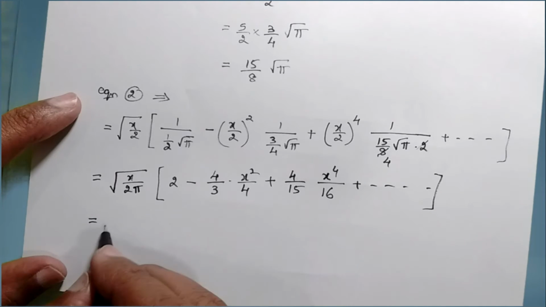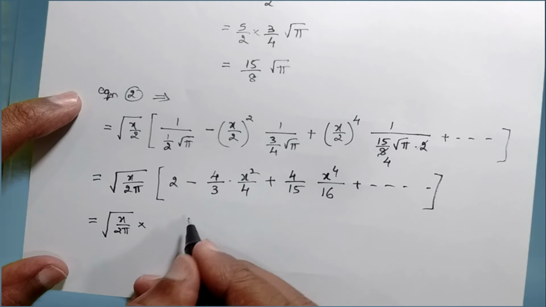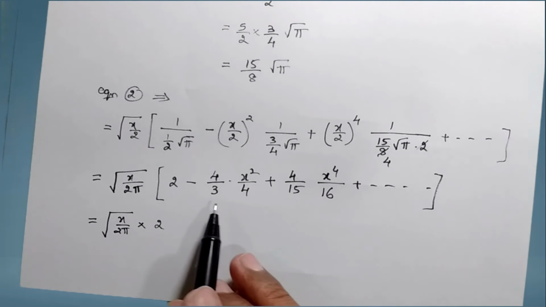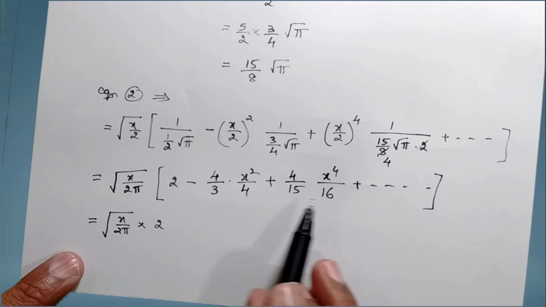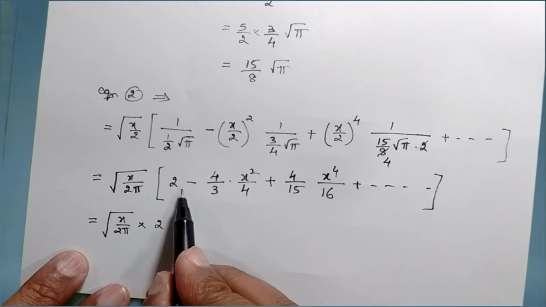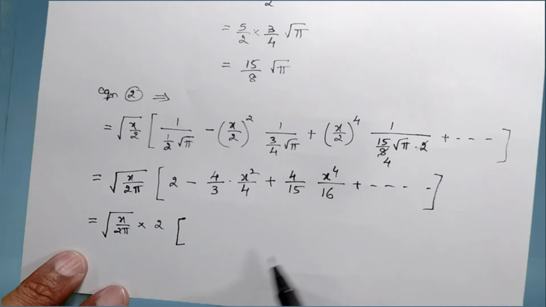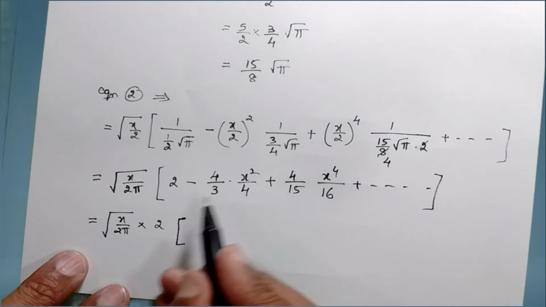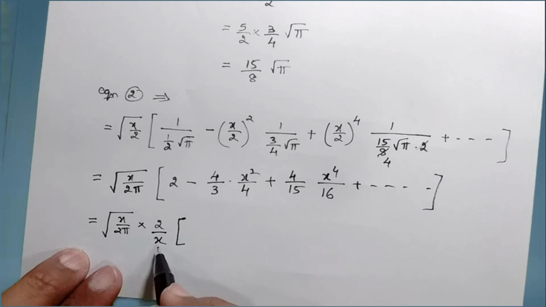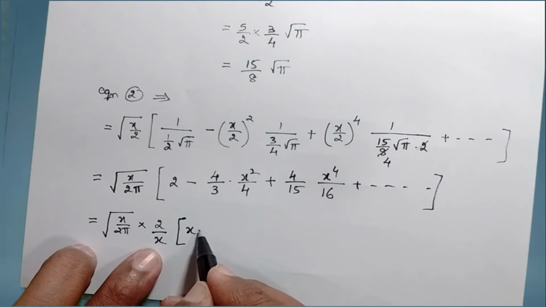Alright, so if I take 2 common, I will be getting x by 2 times of pi. So I am taking 2 common. Or if I take 2 common outside, I have to get some standard series over here. So let us try to see whether we will get standard series or not. We will be getting 1 minus x square plus x power of 4. So we will not be getting the standard series. So I will even take the value of x outside, or divide by x. So divide by x and multiply by x. So I have divided by x here. I will multiply by x inside. 2 is already taken common outside. X will be left out. Minus.